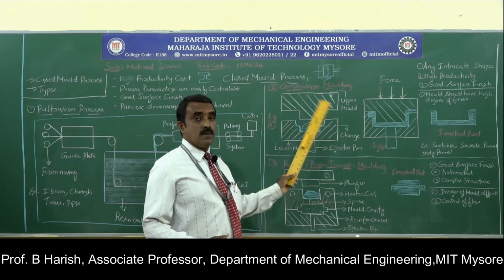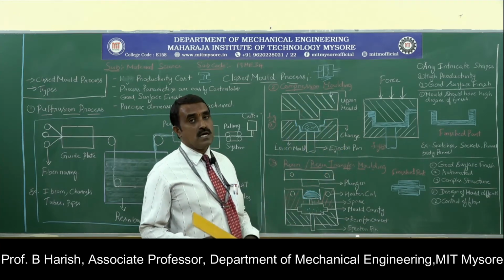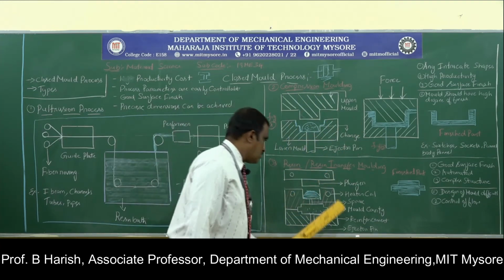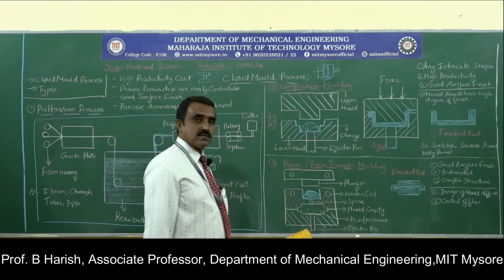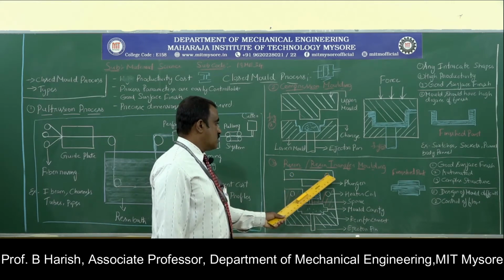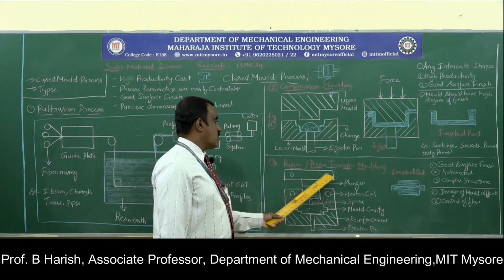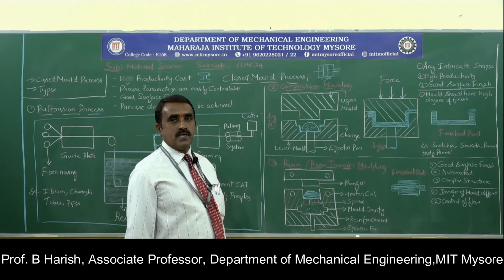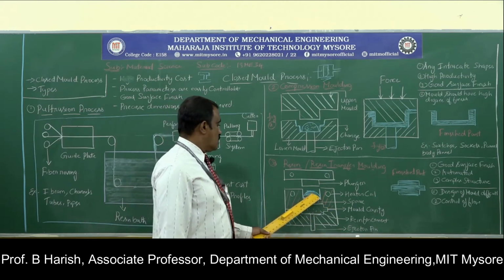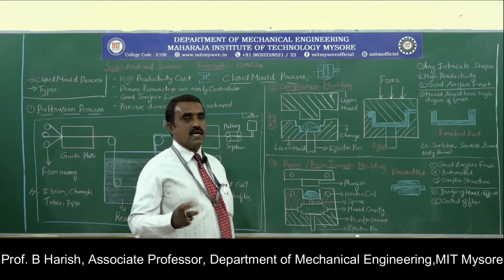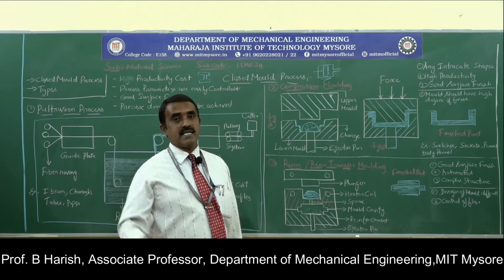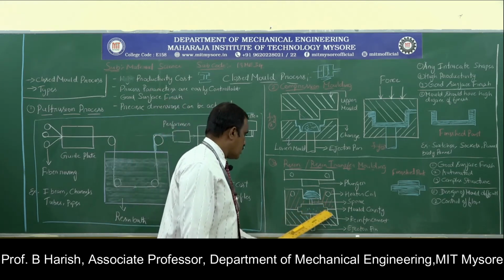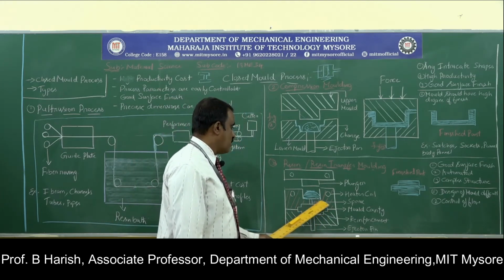Here we are using the compression force. Here also we will have the mold box. This is the upper one. These holes you can look at are called heater coils. This is the charge. Once again, here the charge will be only of the matrix part. This is the mold box, you can observe.